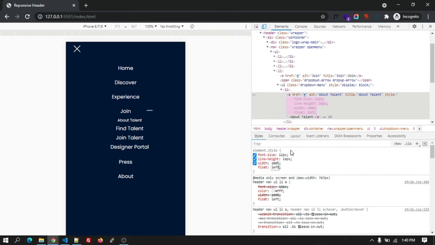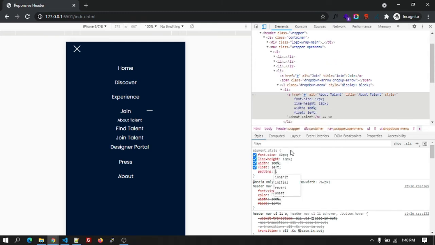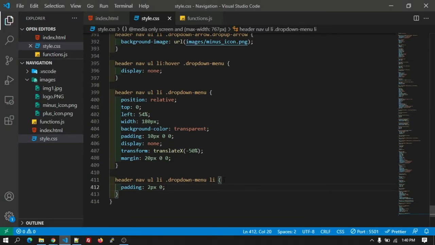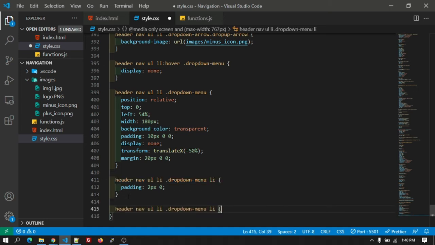Float left, padding 5 pixel and 0. Okay, let's write it down for the anchor tag. Let's copy the class, and after that let's add the anchor.